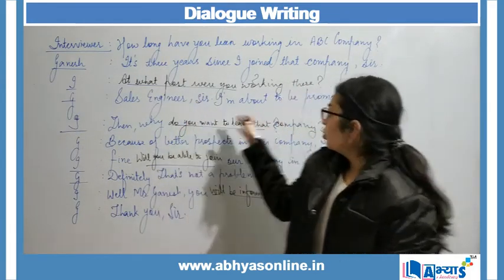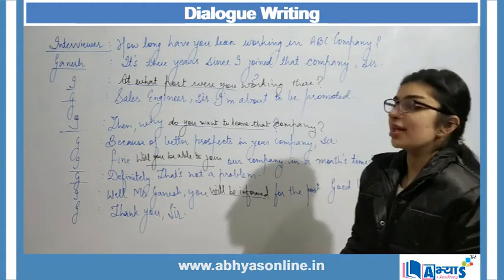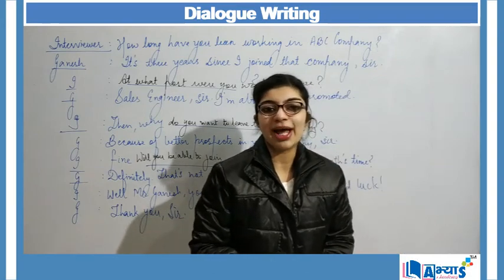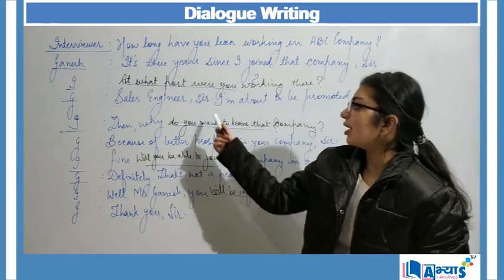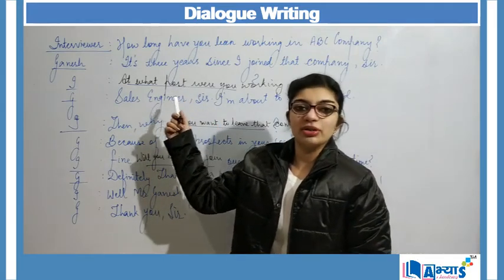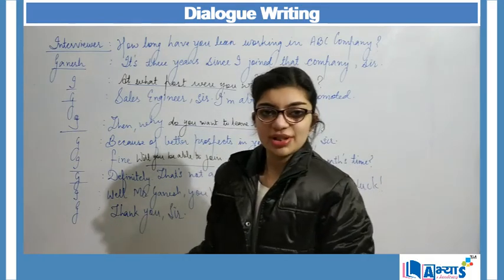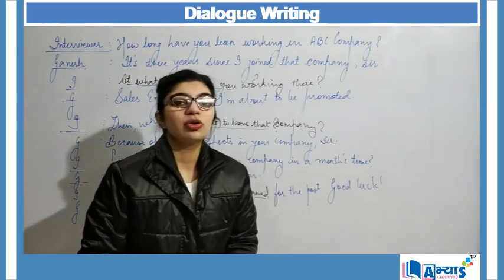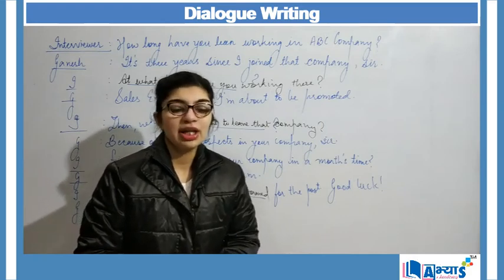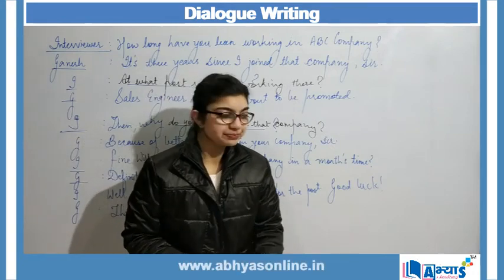So here, with completion of the blanks, now my dialogue writing is completed. The dialogues were exchanged between the interviewer and Ganesh. And here you can see that according to the answers, I have filled in the blank for the suitable questions which might be asked by the interviewer. So this is just one example, go through the other examples as well from your books or from the internet in order to understand the concept of dialogue writing in a better manner.